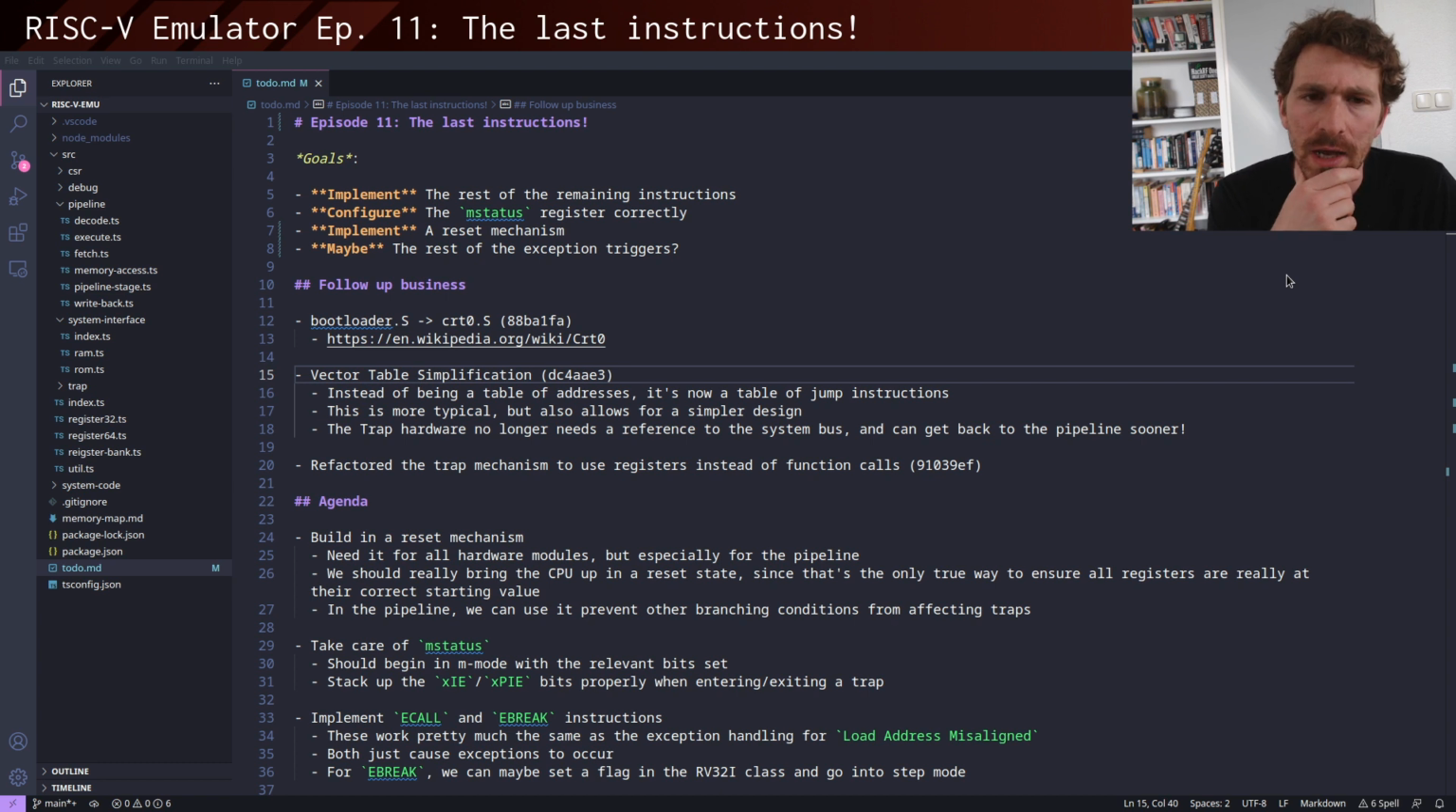Follow-up business. In the meantime, there were a couple of things that I did between now and the last episode that I also talked about in the last episode that I would probably do. The first of these is a relatively small thing, but I renamed the bootloader from bootloader.s, and actually it's not really a bootloader, that's kind of the whole point. I renamed it to